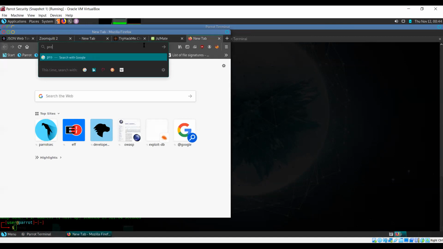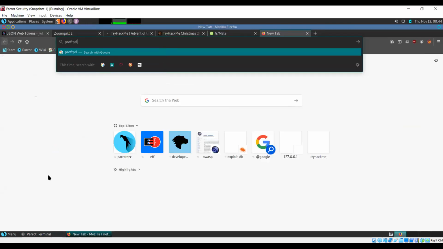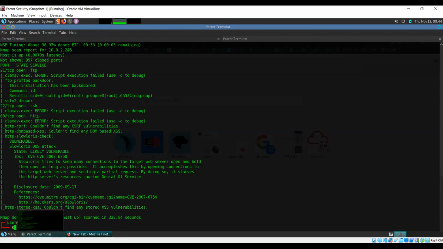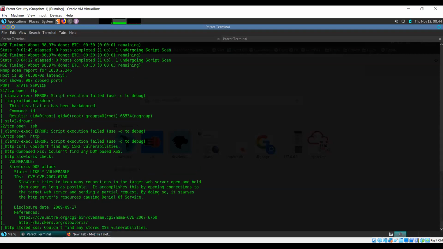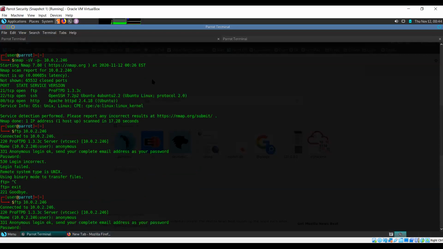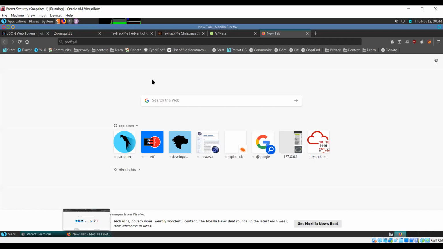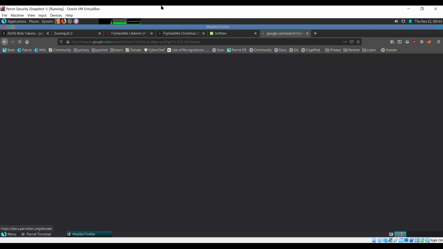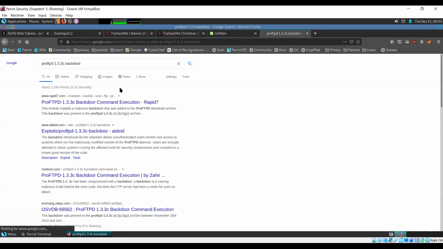So ProFTPD, and let's take a look at the version number. 1.3.3c. Okay, so let's see what we can figure out regarding this.